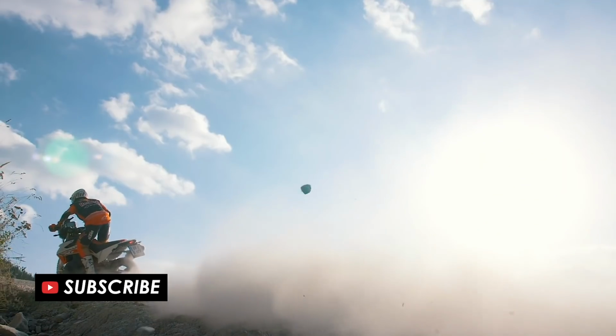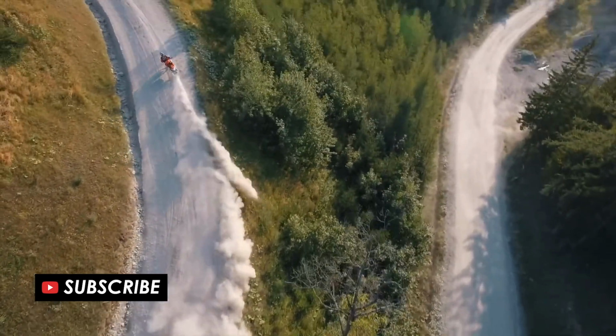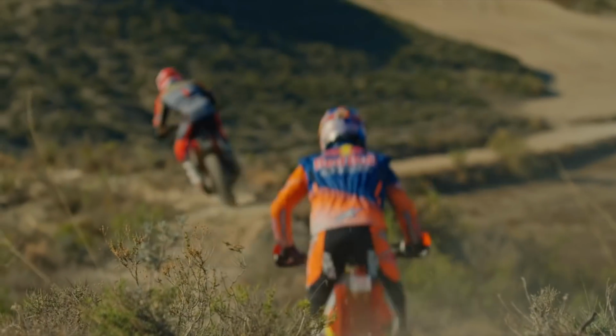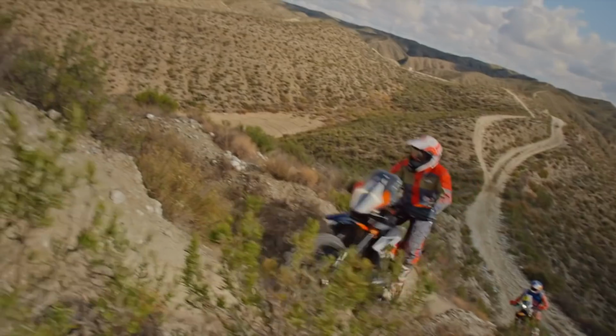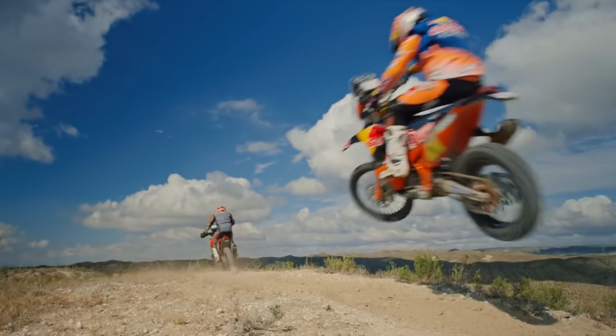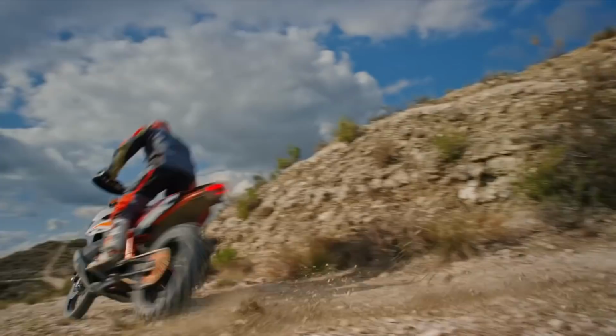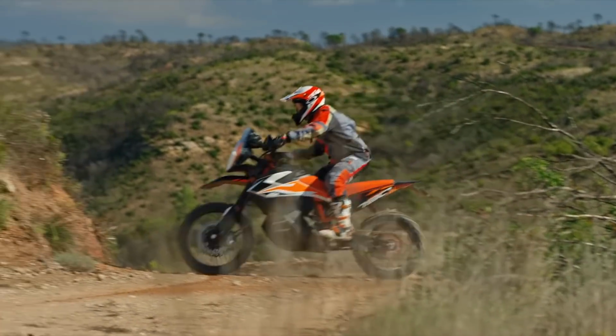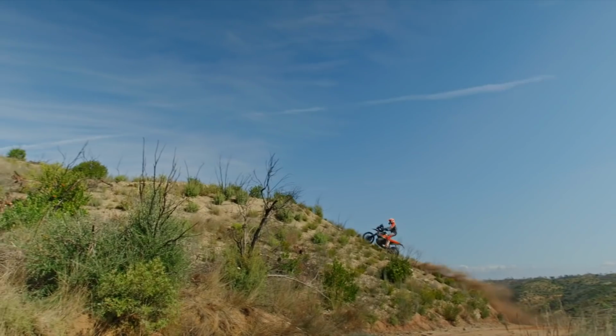Firstly, a quick reminder of the specs of the 790 Adventure to refresh your memory. Its 799cc parallel twin engine puts out a respectable peak of 95 horsepower and 88 Nm of torque, but with a dry weight of 189 kilograms for the R model, which is lighter than many other middleweight adventure bikes, it'll feel